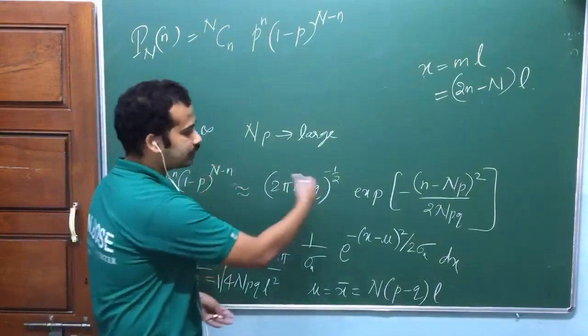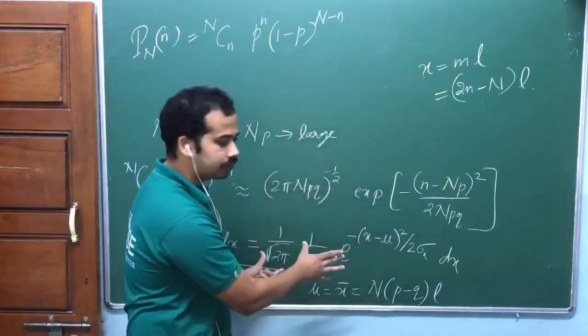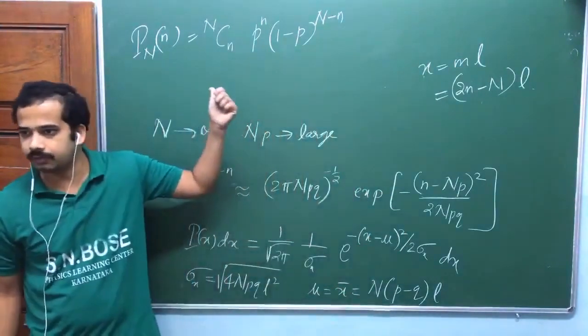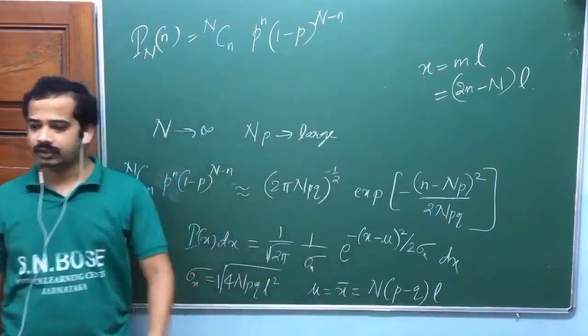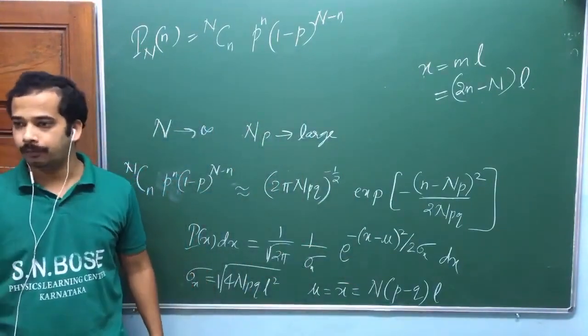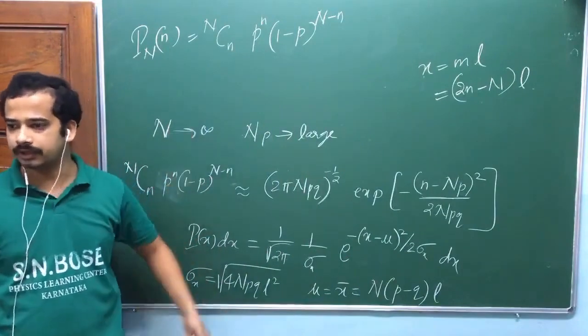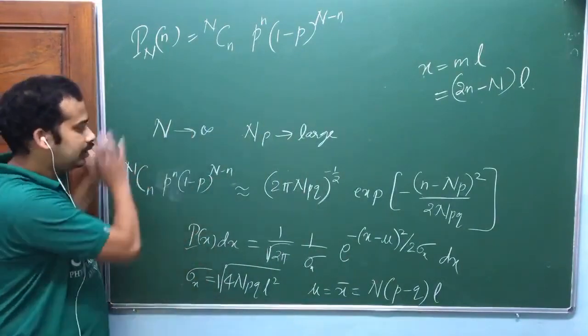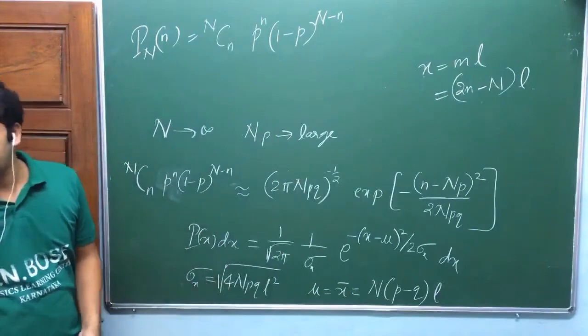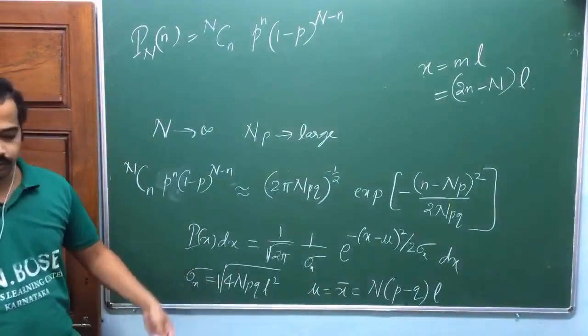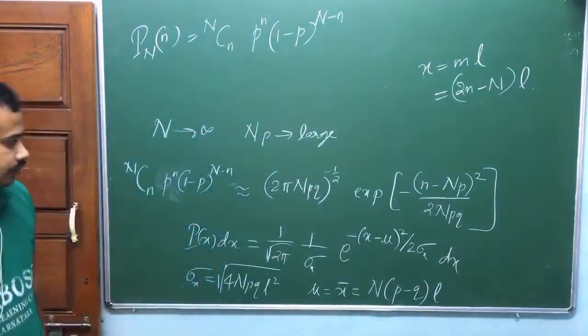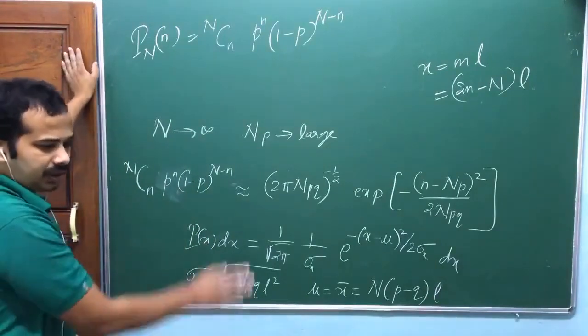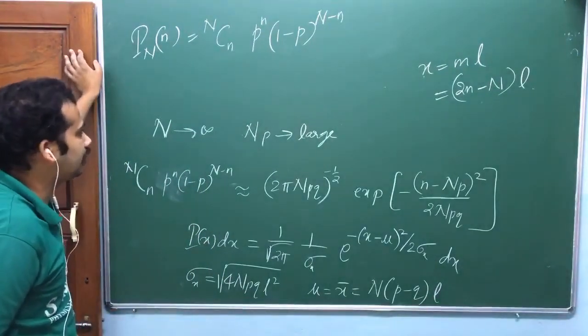But once we go for this distribution, once we try to apply it, we don't talk about the binomial distribution. We apply this one as it is, just like when we apply the Poisson distribution, we don't talk about the binomial distribution. This is just in one limit, it will go to the Gaussian distribution. I think this is just the remembering part. You don't have to apply this one.